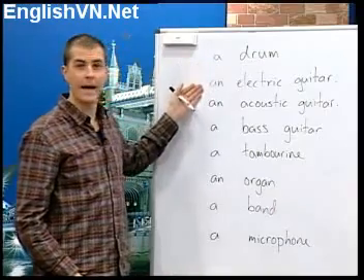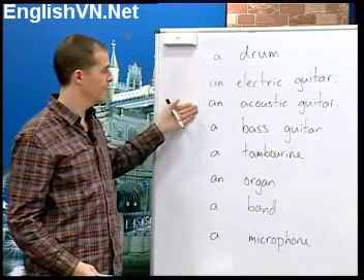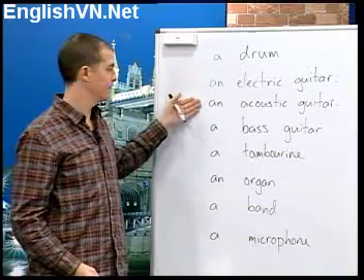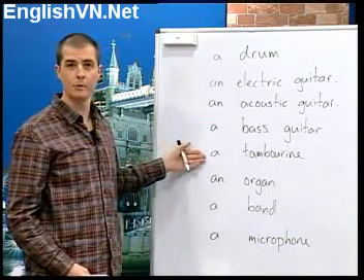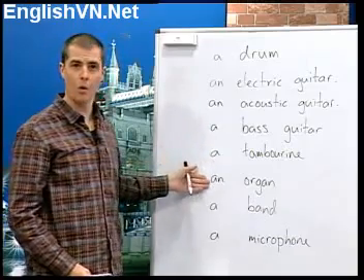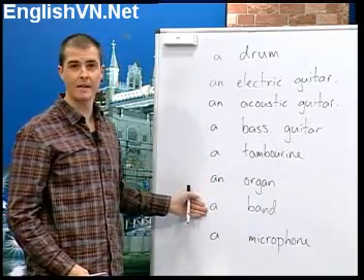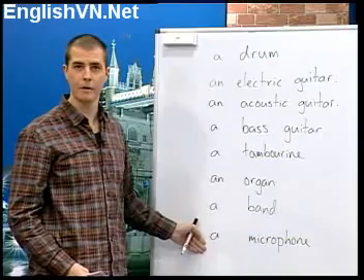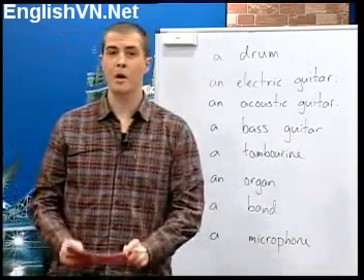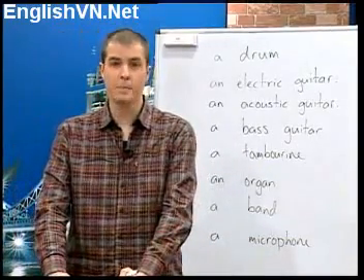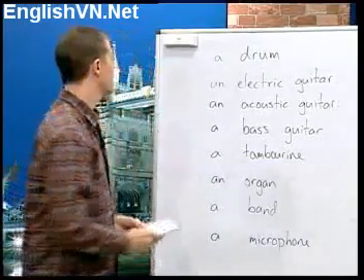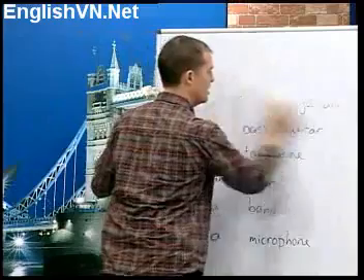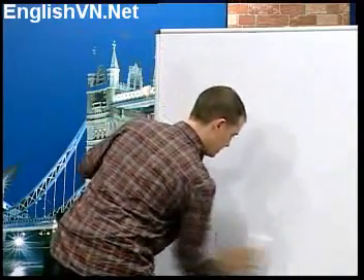So we have here a drum, an electric guitar, an acoustic guitar, a bass guitar, a tambourine, an organ, a band, and a microphone. Well, today we're going to review again, and let's begin. Let's review sentence structure again. Most sentences have a subject, a verb, and an object. So let's put them